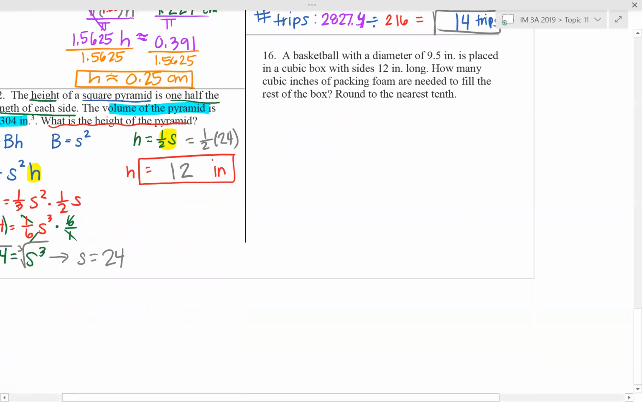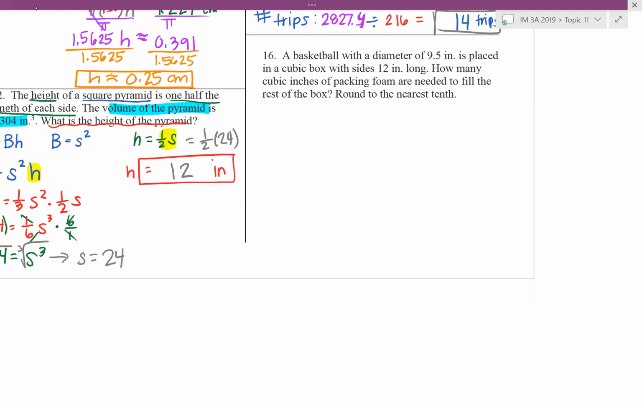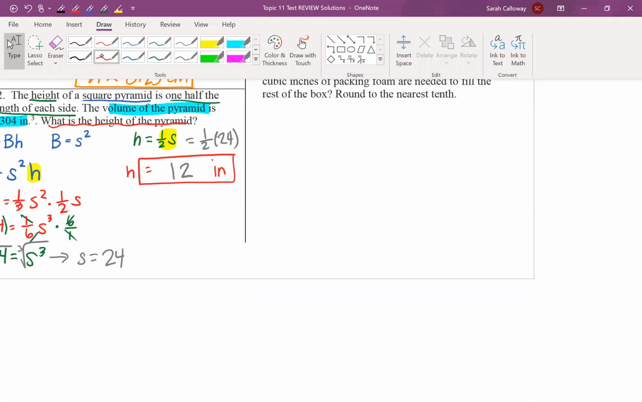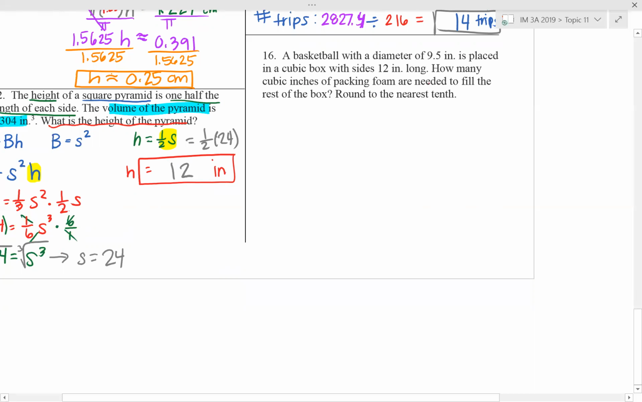For 16, we have a basketball with a diameter of 9.5 inches is placed in a cubic box with sides 12 inches long. How many cubic inches of packing foam are needed to fill the rest of the box, round to the nearest tenth? So we have a basketball with a diameter of 9.5 inches. So let's figure out that volume. So the basketball,